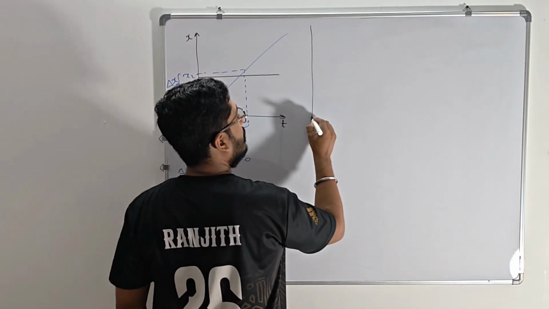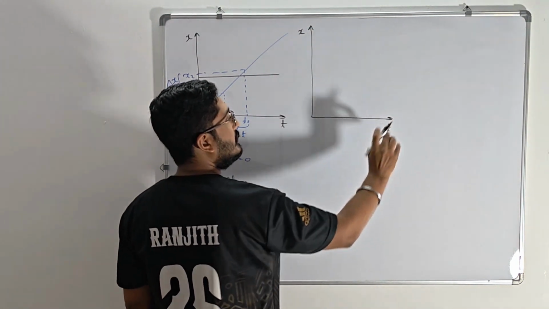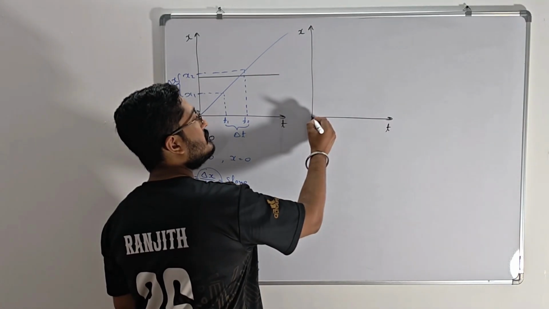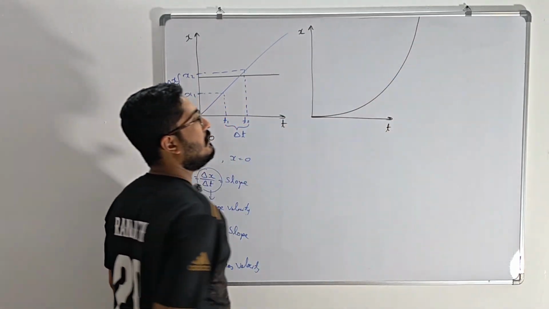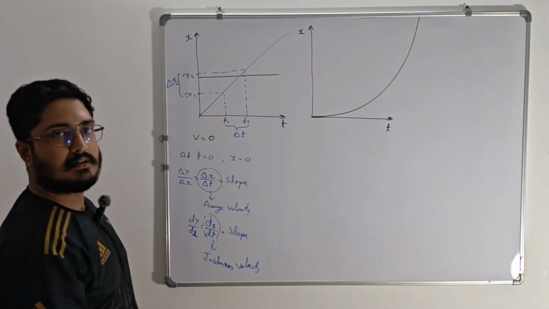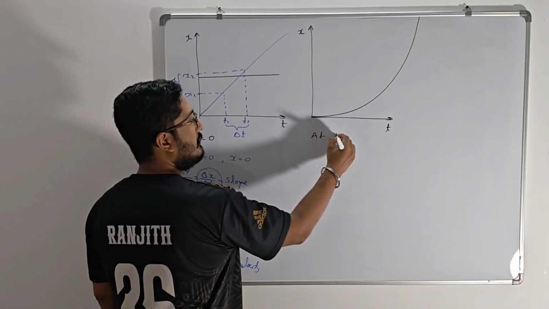Let's say x-axis and y-axis are remaining the same. It is x, it is t, same position and time. But what if my graph is this way? What would this mean? So again, obvious thing, at time t equal to 0, position is at